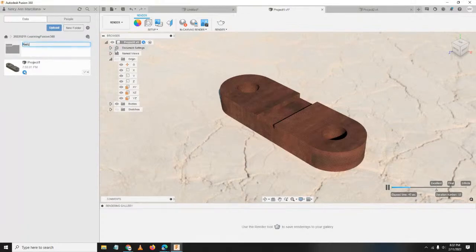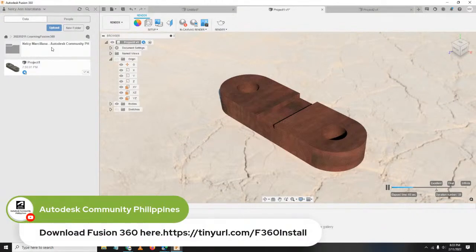For example, I'm Nancy, then a dash and your school name. I'll just put Autodesk Community. Then hit enter. In your folder, that's where you save your file.